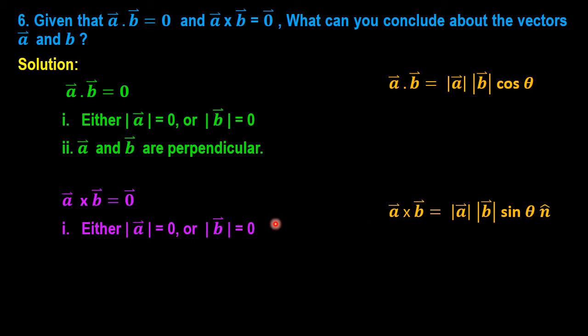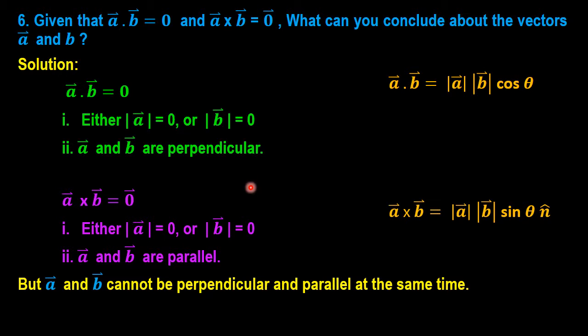The second here we can write is that the angle between A and B is 0 degrees. So that means they are parallel to each other. The second is when A vector and B vector are parallel to each other, then also the cross product will be the 0 vector because the angle between them is 0 and sin theta will be 0.